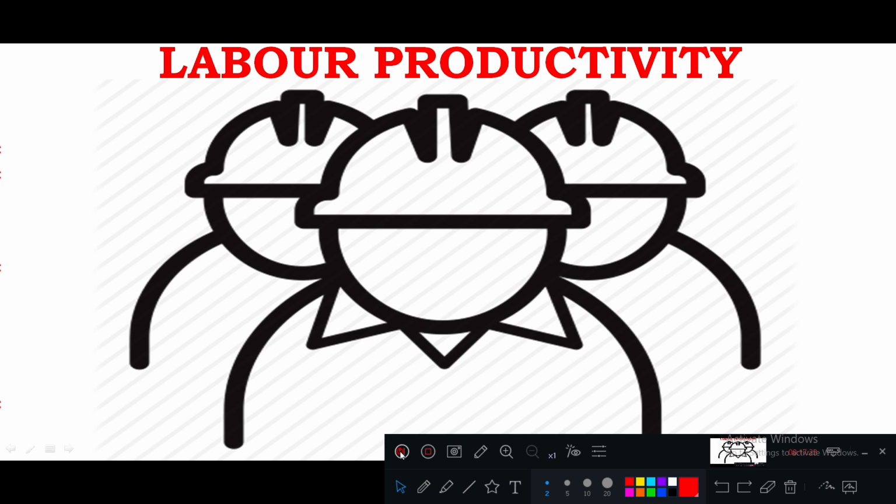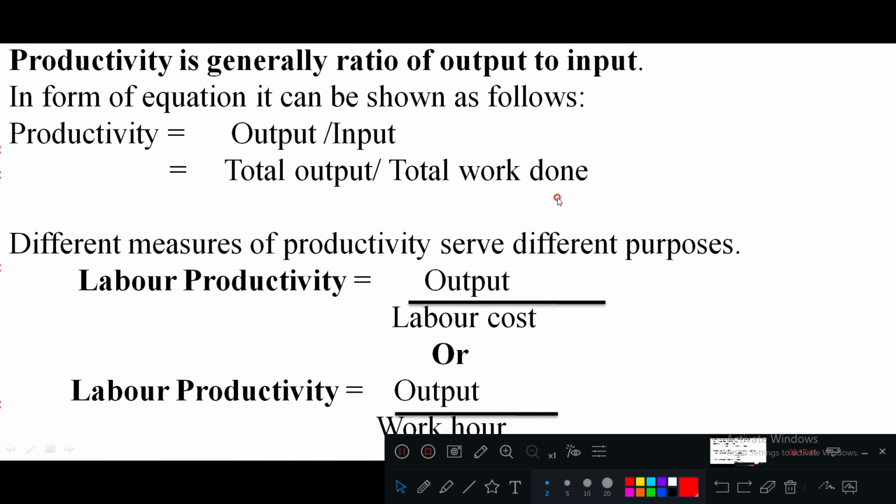So there are many standards which are available in the construction industry for contractors as reference values for purpose of construction cost estimation. So these standards may vary in values, but most are similar in principle. Okay, so here this labor productivity is an important aspect of construction industry that may be used as an index for efficiency of the production. So it's nothing but productivity, which is the most important thing